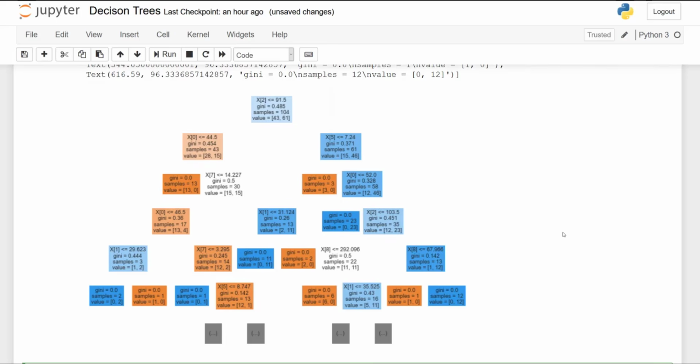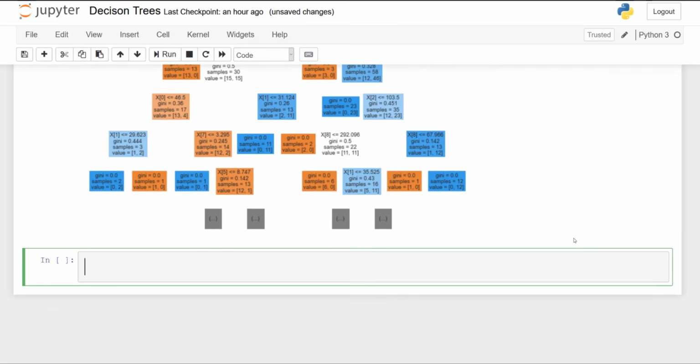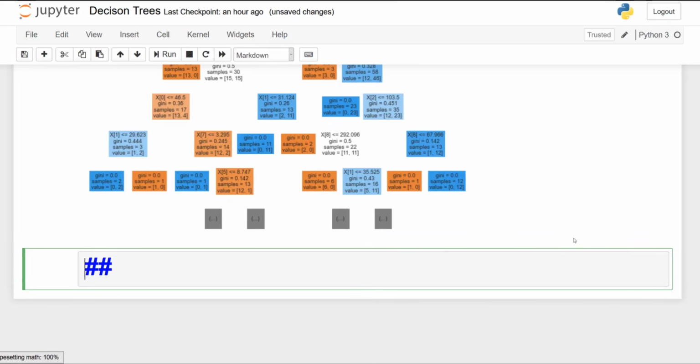So you can see the top split, you can see which feature was used, what's the value of the split, and you can also check for the Gini index of each region. So that is pretty cool. Feel free to not even pass in max depth, so you can visualize the entire decision tree if you want to. So now let's try and improve on our baseline model, and we will use bagging first.